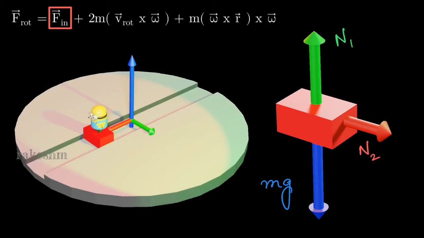You would have observed in the schematic that as the disk is rotating in this direction, this block is being pushed by this wall of the slot. This is a side wall of the slot. So this block is being pushed in this direction by this side wall of the slot. So this side wall exerts a normal reaction force N2 on the block in this direction. So I marked it here. It is acting in this direction.